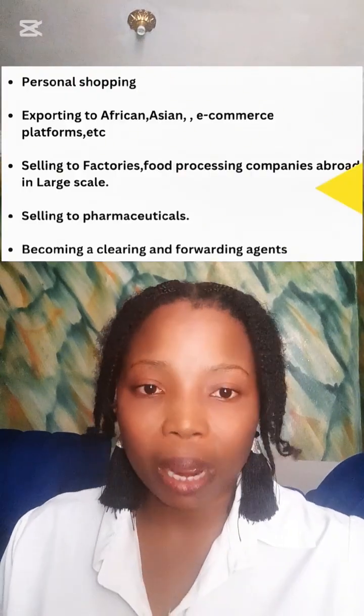And in this type of exportation, you are selling to factories, to companies that want to use this product to produce things. And most times, most of the things you export are raw materials, because these raw materials are used by the companies or factories to produce their products, like cosmetic companies, pharmaceutical companies. So you are exporting to them in order for them to use it to produce these things they want to produce.